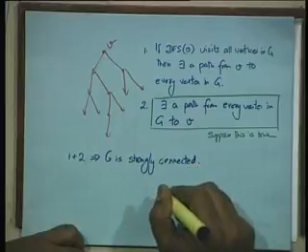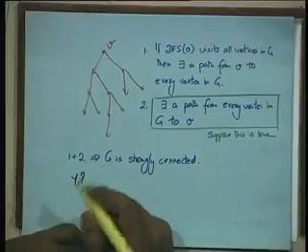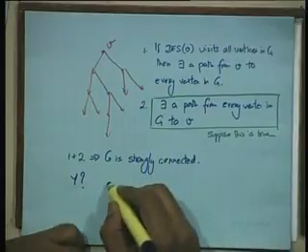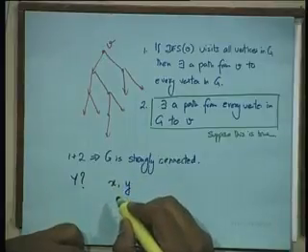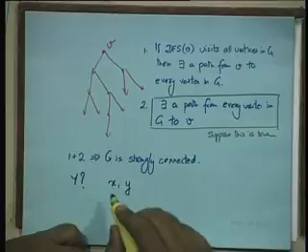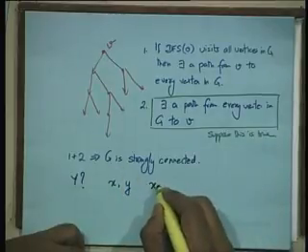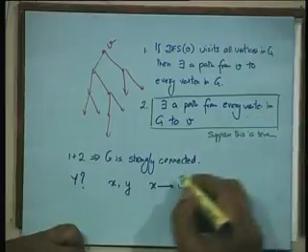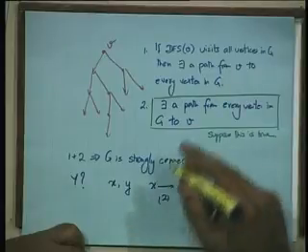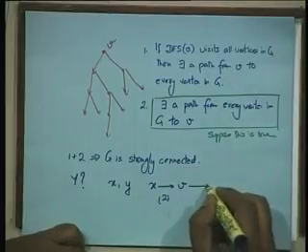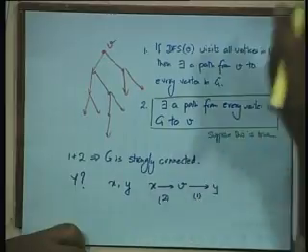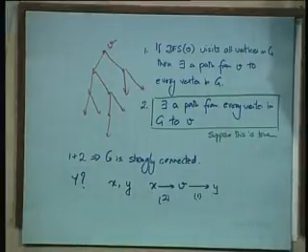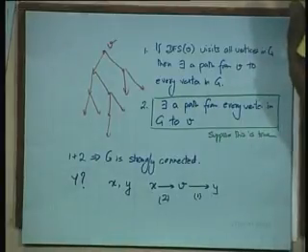Why? Because once you reach v, then you can again reach any of the vertices. If you have to find a path between some two vertices, let us say x and y, what will I do? Go from x to v, then v to y. By statement 2, there is such a path: from every vertex to v, there is a path. And then I go from v to y. By statement 1, there is a path from v to y. So all I need to somehow ensure is that there exists a path from every vertex in the graph to v.